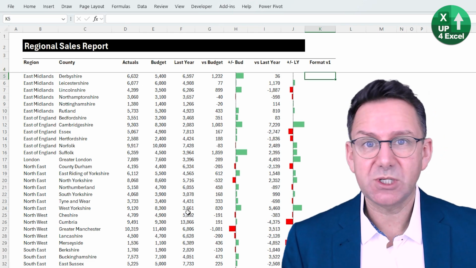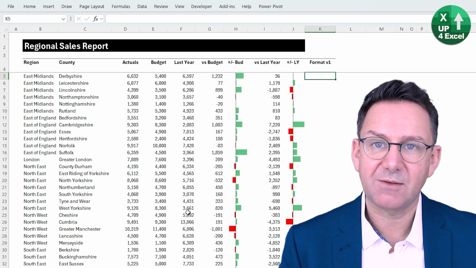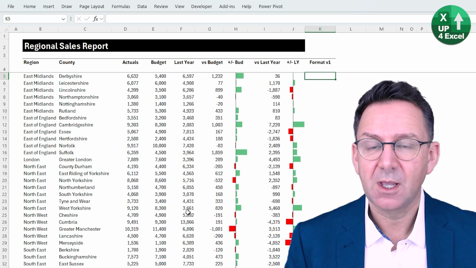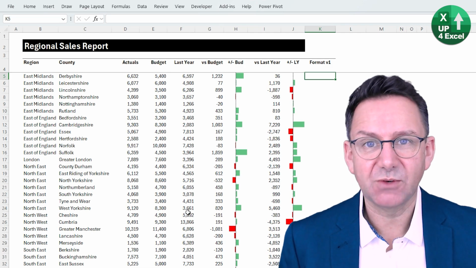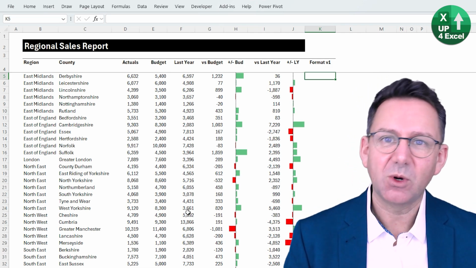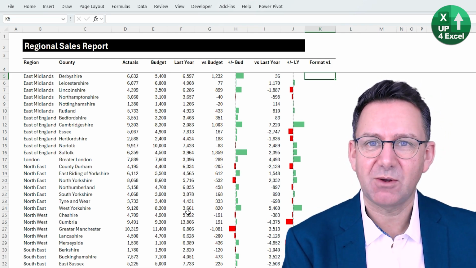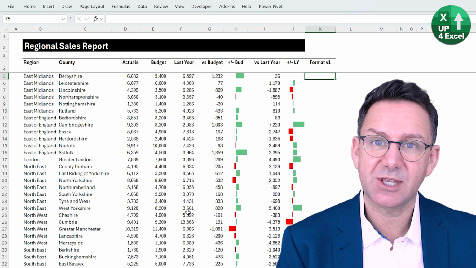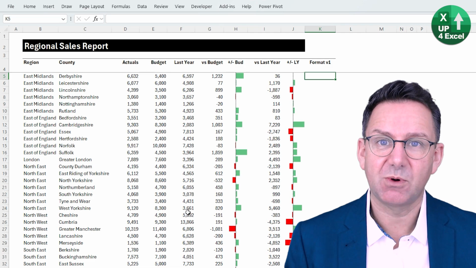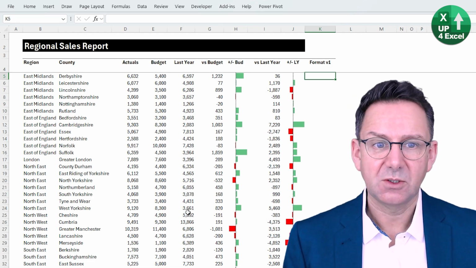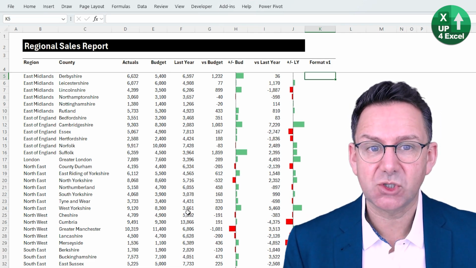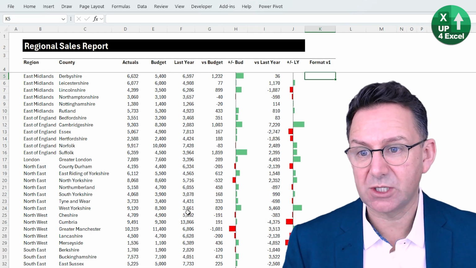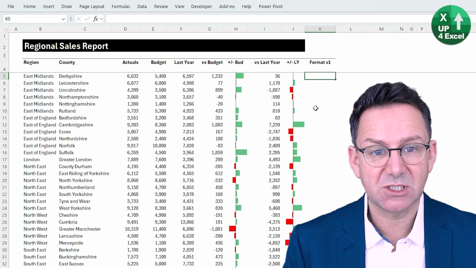This is reasonable. This will cope with sorting and filtering data pretty well, which is the crux of what we're trying to achieve. What I'm going to then move on to is showing you how you can cope with people inserting and deleting rows and things like that, because this is where this one really causes problems. So what are we trying to do here? We're trying to detect if the region is changed, and if it is, we want a different number to appear